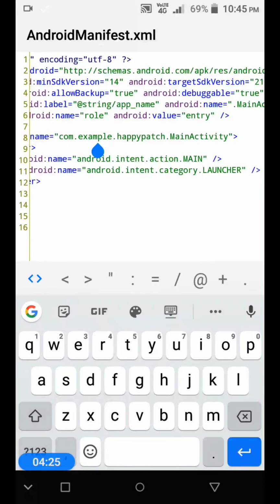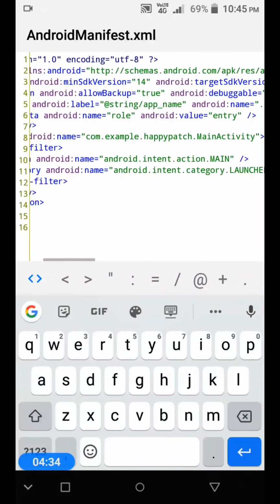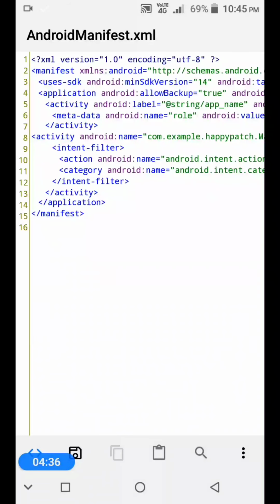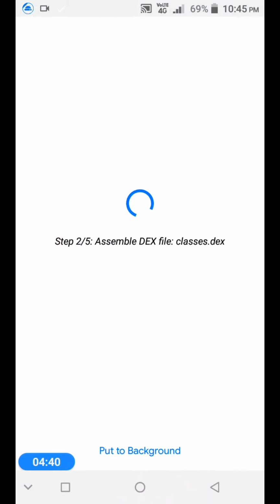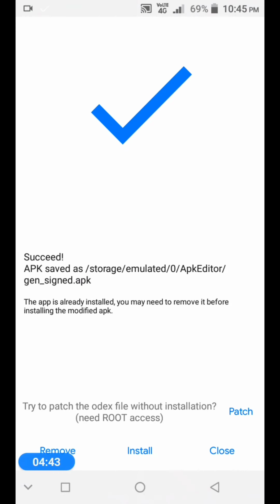You can rename it according to where you have located the folder, in which app and in what package you have created it. Now let's save it and compile. So it's done. Now let's install it.